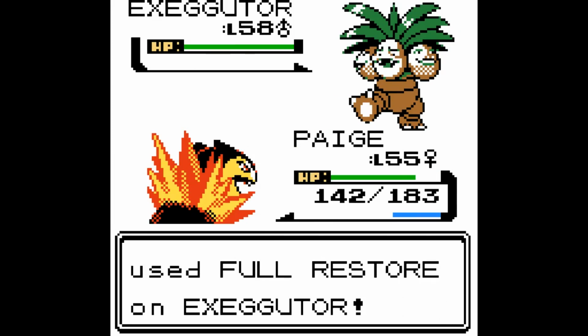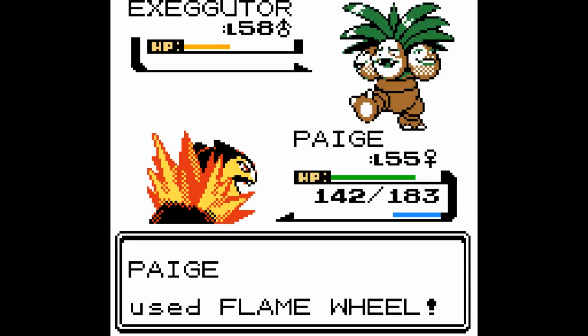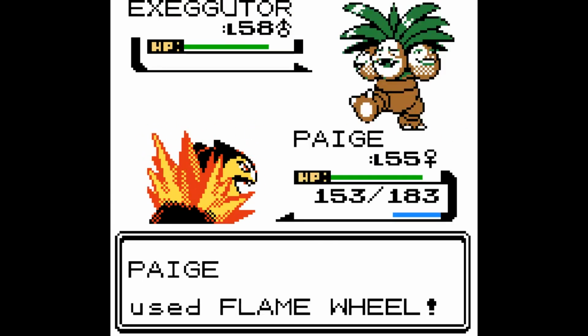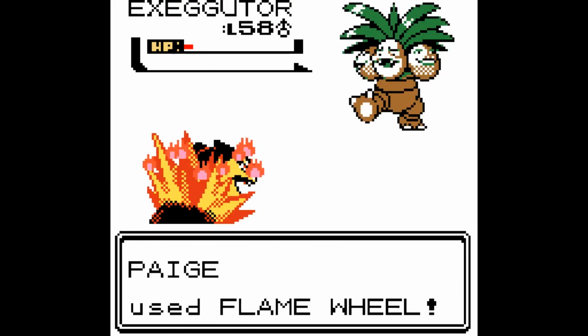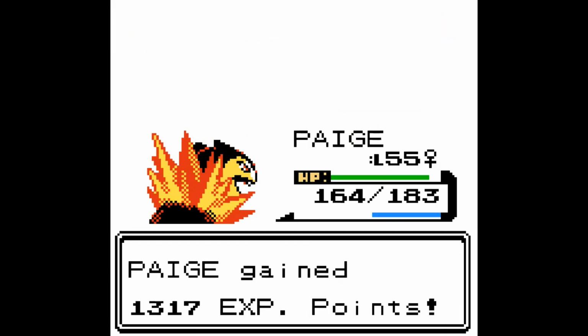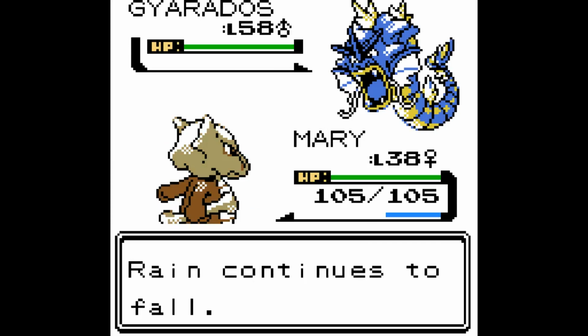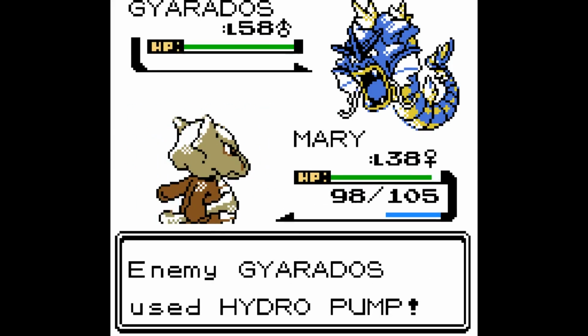I go for Flame Wheel, and it sadly lives it. Thankfully, Solar Beam doesn't do too much damage. Blue wastes his next couple of turns trying to heal up Exeggutor, but it's all in vain. As soon as he runs out, I am able to finish it off. Gyarados is out next, and I switch in Mary as the sacrificial lamb, giving Watina a safe switch and lay